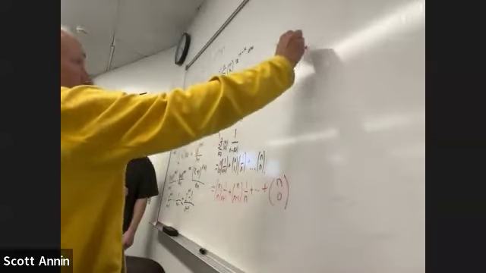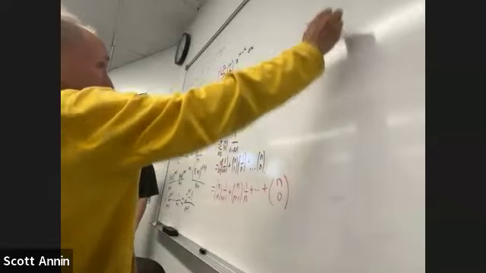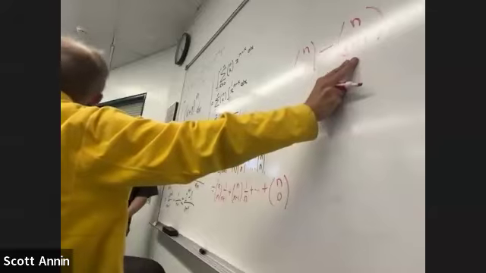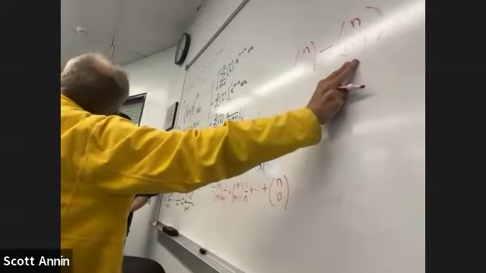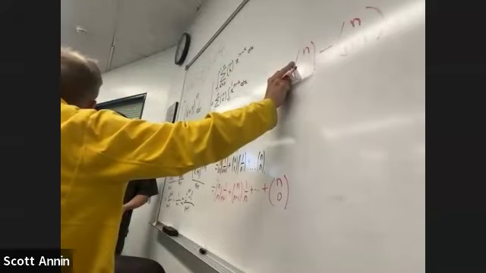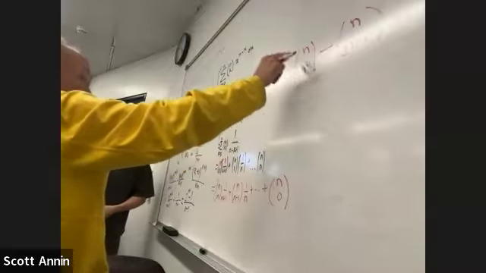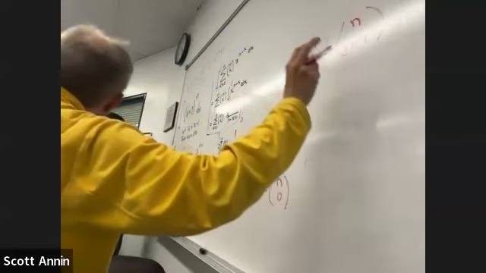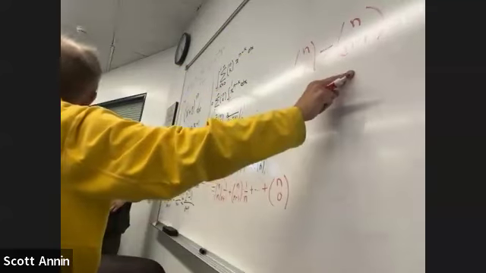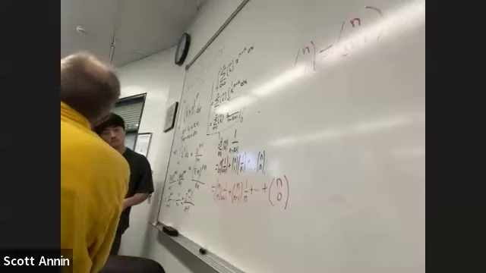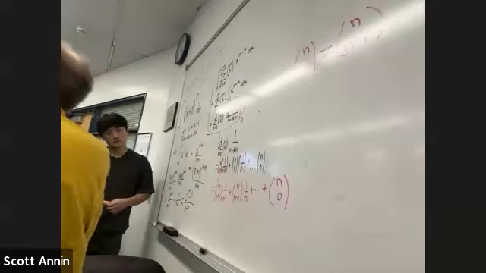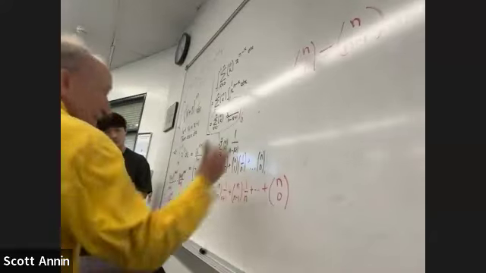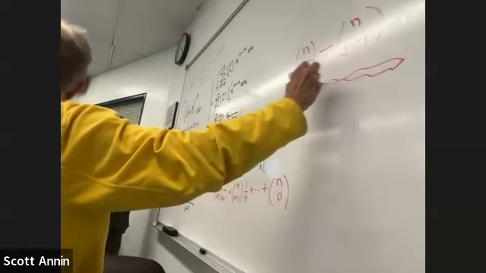Let's just remember, guys, this is one of our really important identities. N choose r is the same as n choose n minus r. If I have 12 players and I have to choose 5 for my team, instead of that, I could choose 7 that are not on the team. And it would be equivalent, because as soon as I know who's not on the team, then I know who is on the team. As soon as I know who is on the team, I know who's not on the team. So this is completely symmetrical.